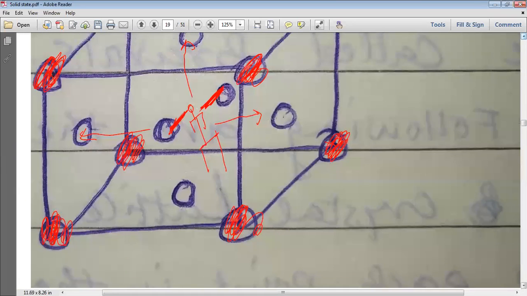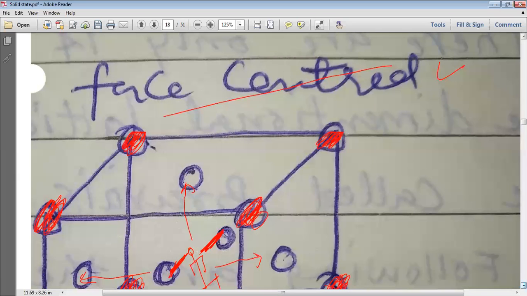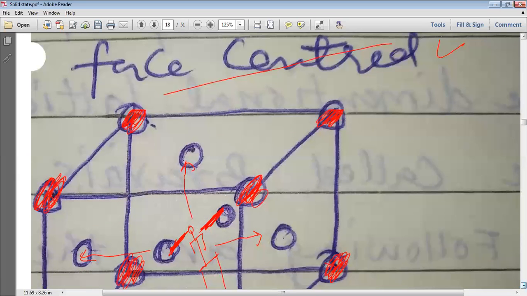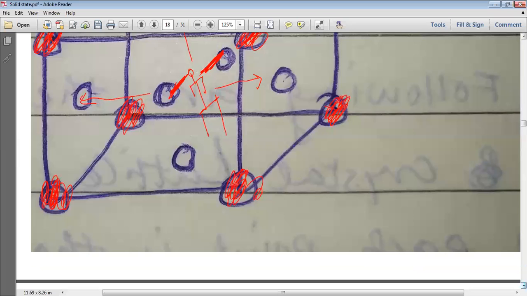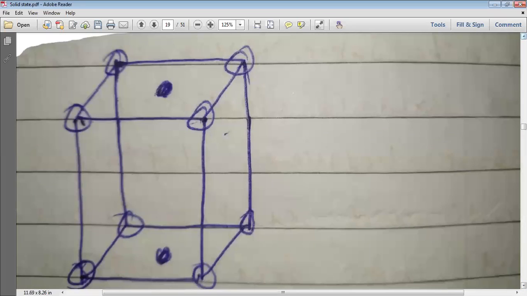Now you can easily understand the face-centered unit cell, my dear students. If you have any doubt, you can ask. Children, if you want to ask something, ask. You don't want to ask? Did you understand everything? Yes, sir. Okay, then let us understand a new type of